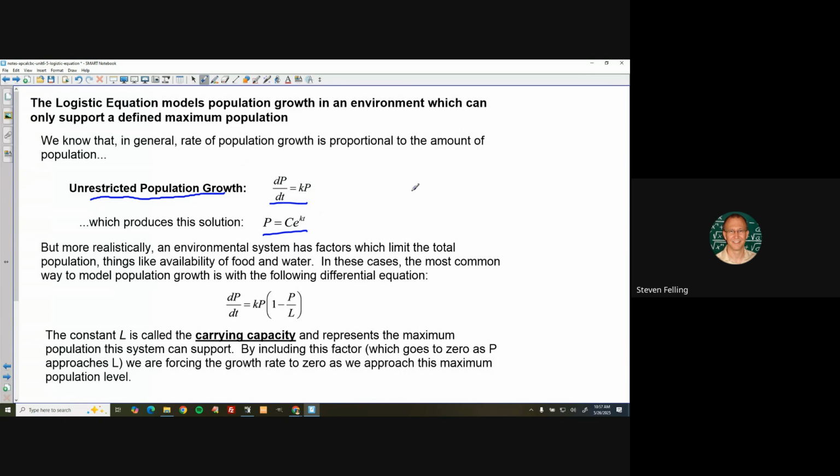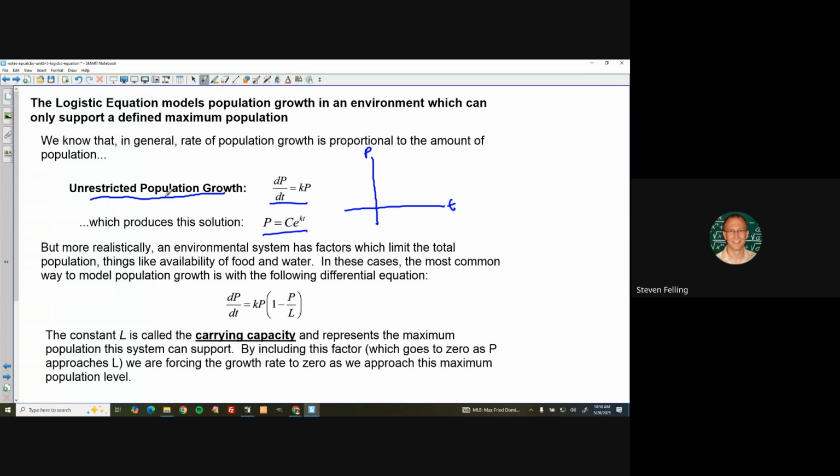or if you have predators in an environment, right? If there's just 10 rabbits in a forest, they can probably avoid the wolves, right? But on the other hand, if there's 10,000 rabbits in the forest, the wolves are going to get some of them, right? All right, so we're going to change this, and we have to have something that, as the population grows up, right? If we were to plot